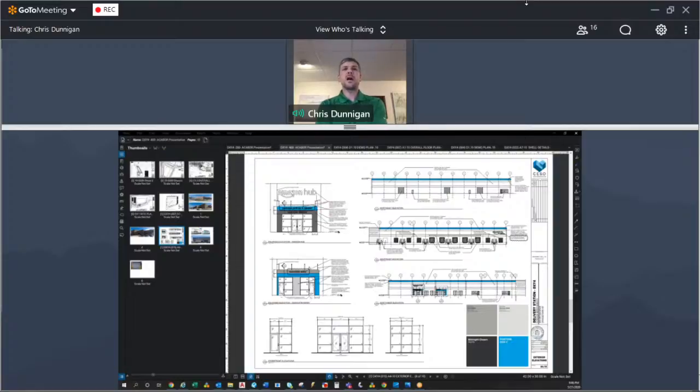So a polling of the board around this application, approving the entrance, the facade changes, including the color, the awnings, the new doors, the application as a whole, other than the painting of the CMU block from the current brown colors to the white and blue. Debbie, would you be okay with that? Yes, I approve that. Sharon, would you be okay with that?